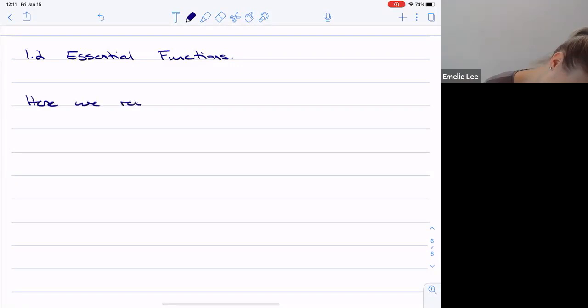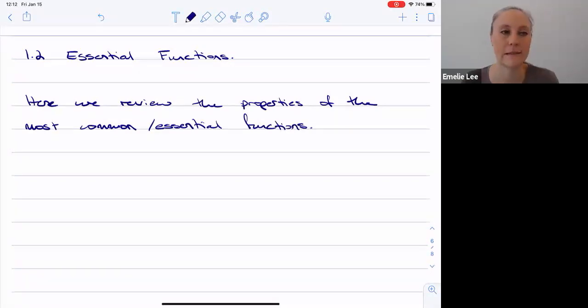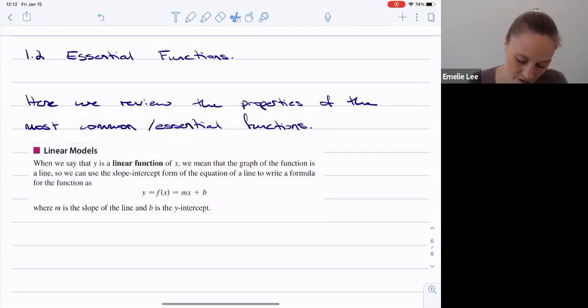So here we review the properties of the most common essential functions. The first one we've already kind of talked about. Linear models are typically of the form mx plus b. You can use ax plus b or